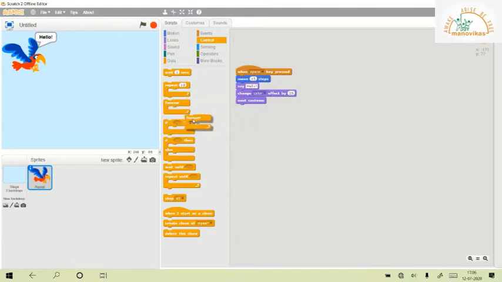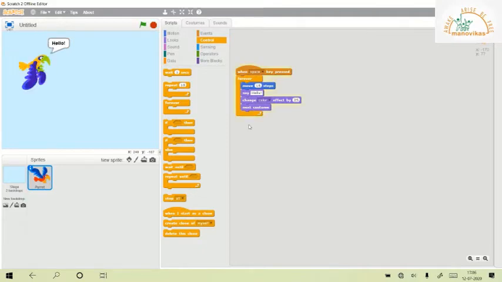So what I'm going to do is I will just pick this up and move it, and I want all of these to come inside the C block. So you can see right now I have forever, and what is going to be forever is all this: move 15 steps, say hello, change of the color, and the next costume. So this will loop for a while using the forever block. Let's see how it works. I press the space key and there the bird goes. It's moving pretty fast. So I need to get it back.